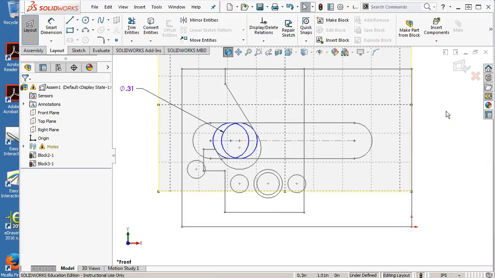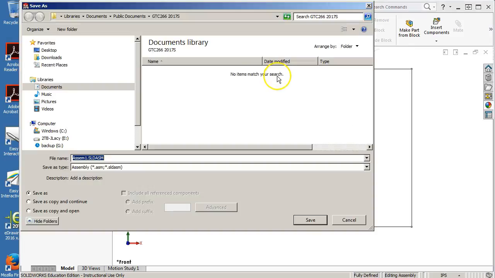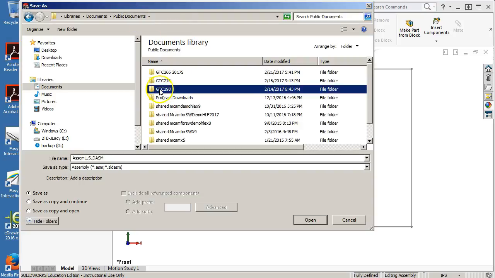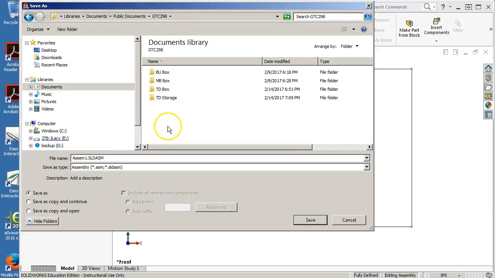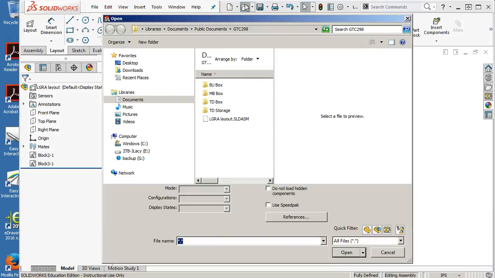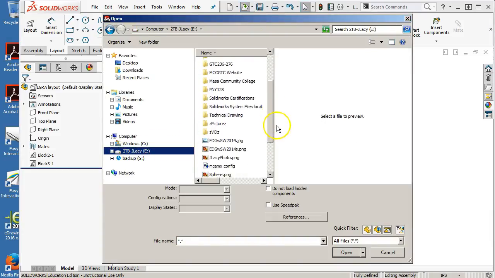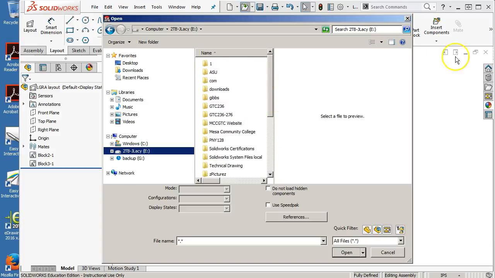So now I don't know what my issue was. So let's go ahead and close the layout, and we'll save that as an assembly. All right, so this was the landing gear retract assembly layout, and we'll go ahead and save. All right, so somewhere on my external drive, hopefully not too buried too far deep,